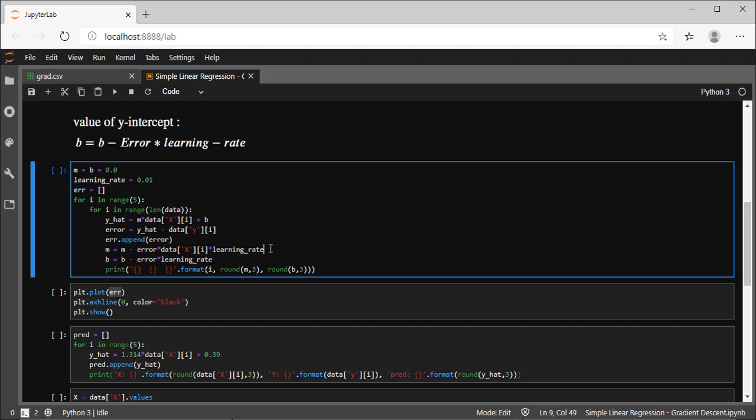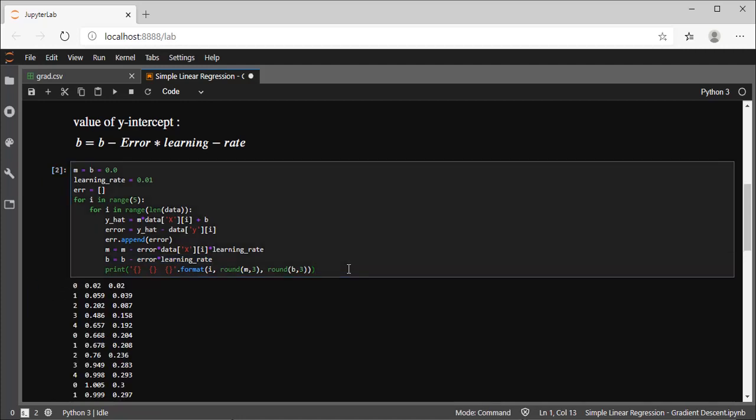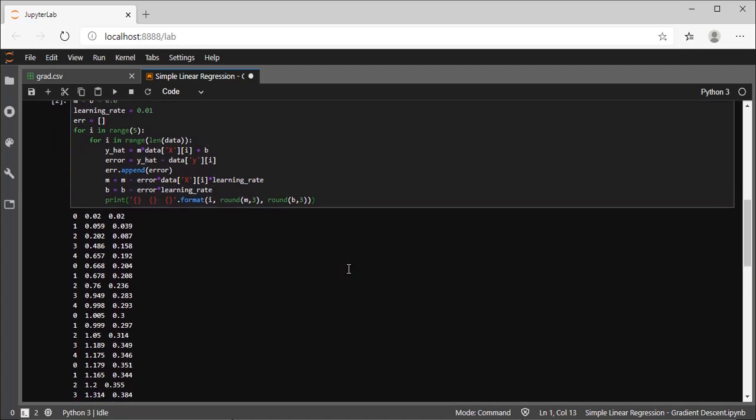Okay, so till now everything is fine. Now we'll calculate m and b with the formula m is equal to m minus error into data point from x column into learning rate. And for b, b is equal to b minus error into learning rate. So let me execute this to show you the outcome.